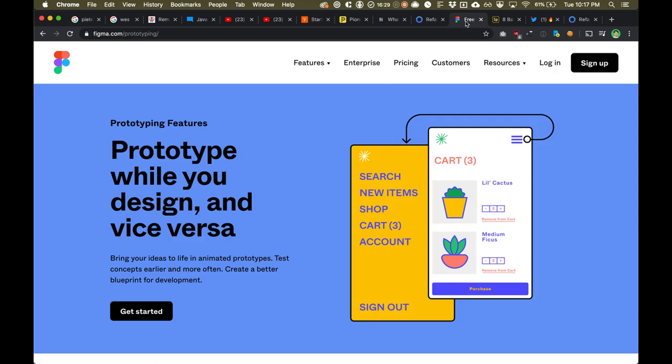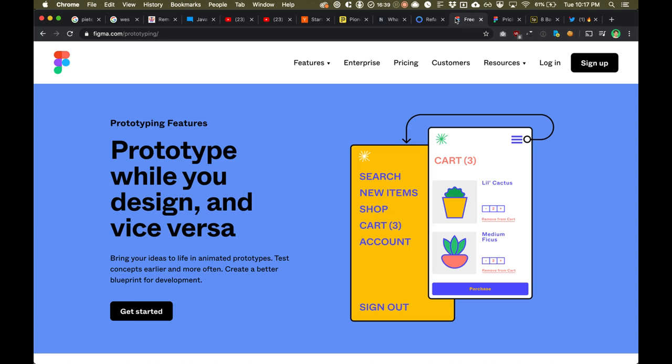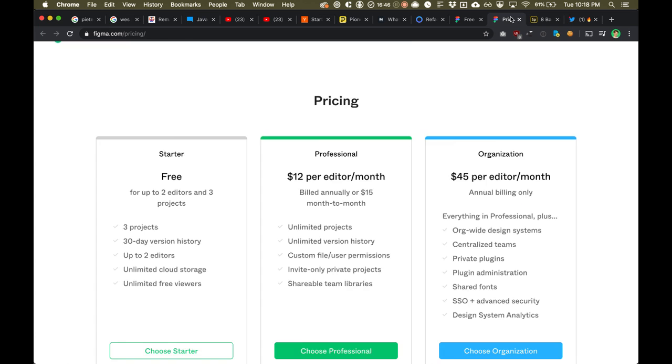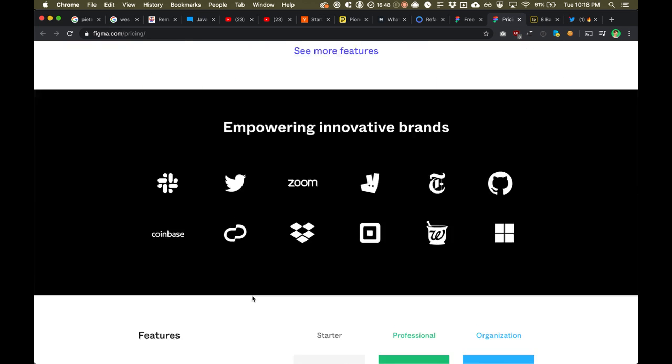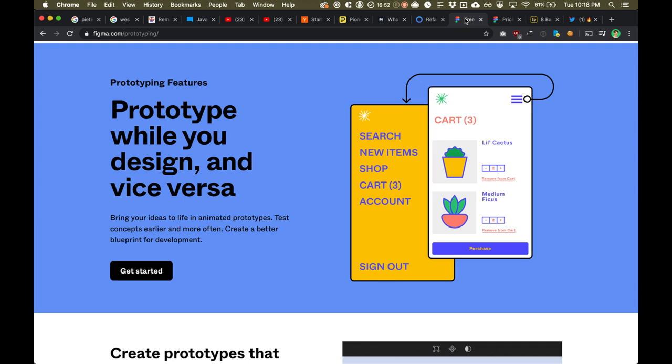Go to figma.com. Figma has an amazing free plan where you can have up to 3 projects, and it's a state-of-the-art design tool. You'll be able to use it for free, and it includes prototyping, I believe, with the free plan. So design and prototyping.